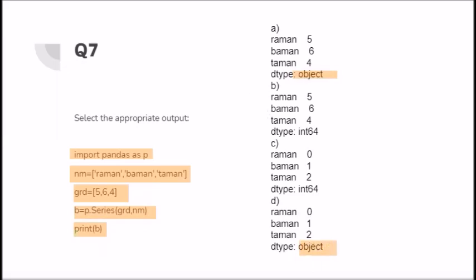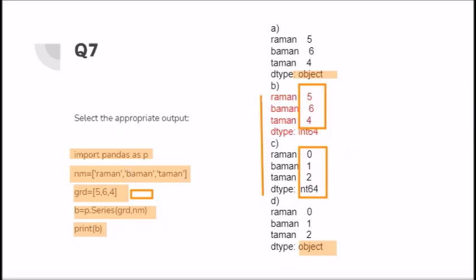So now at 2 places we have the value as int64. The difference between the B and the C part is the values given here. The values initialized for index are 5, 6 and 4, while the values given at this place are 0 and 1 and 2. So my correct answer is answer number B.